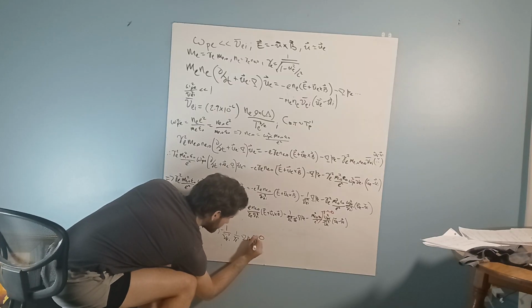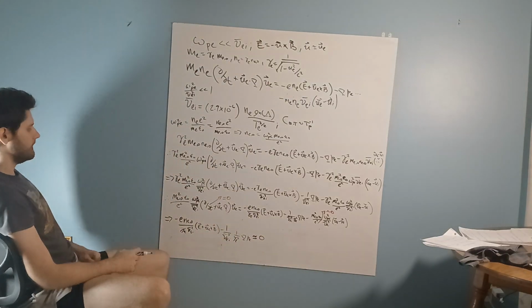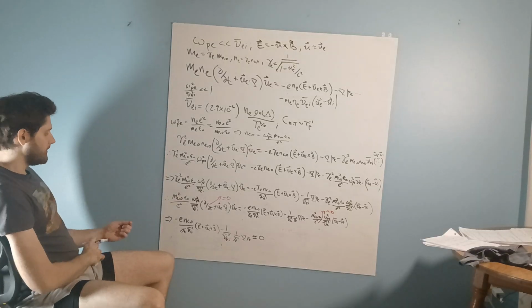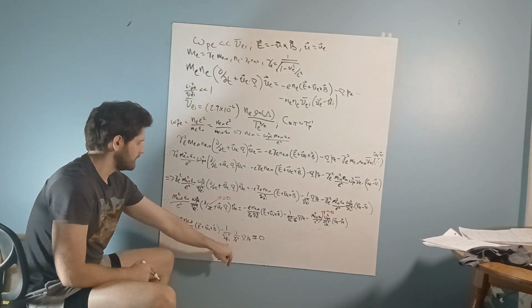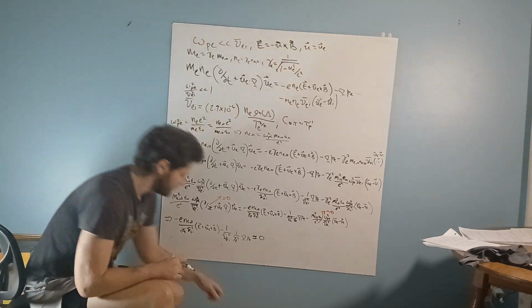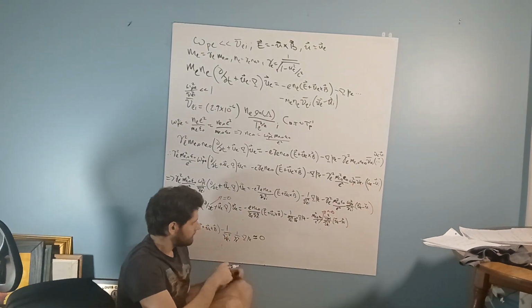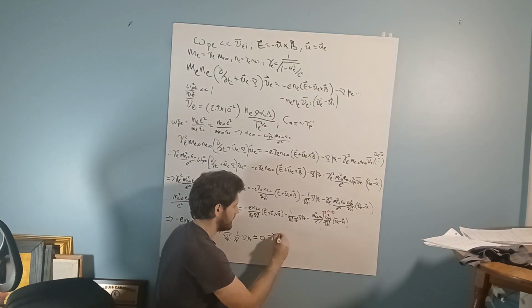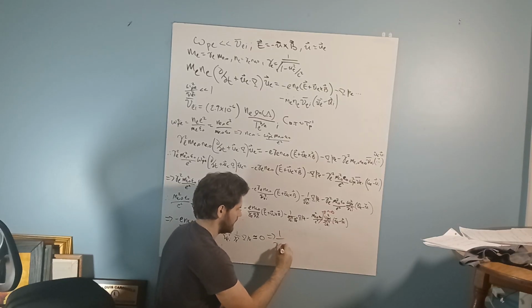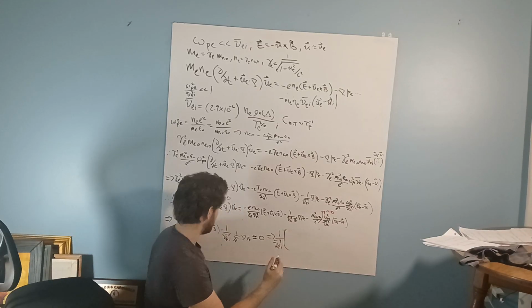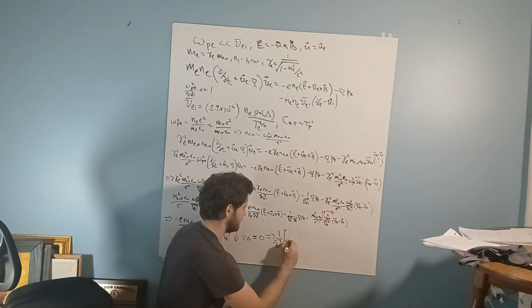Let's say it's very similar to 0. Okay? Very close to it. And this is great because the next thing to do is pull out this common term of the Braginskii collisionality. And then we have